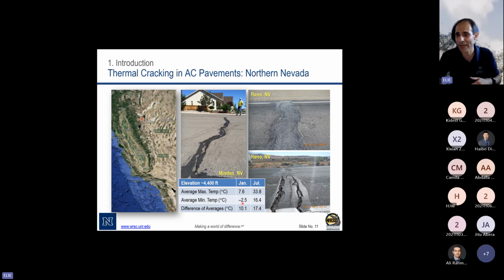So in this case, we have sub-zero temperatures, and we do observe thermal cracks in our pavements. A lot of the time we observe that those thermal cracks are more prominent when we have highly absorptive aggregates. If we don't account for that during our mix design, that tends to dry the mix in the field with time and results in high oxidation and then cracking. So this is a high elevation, cold environment.